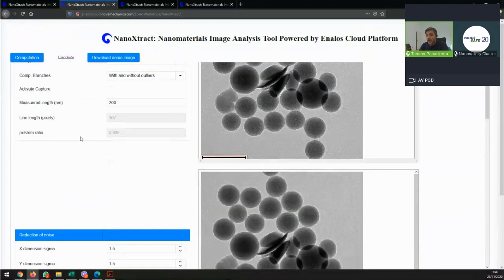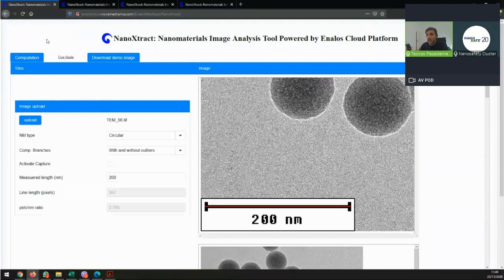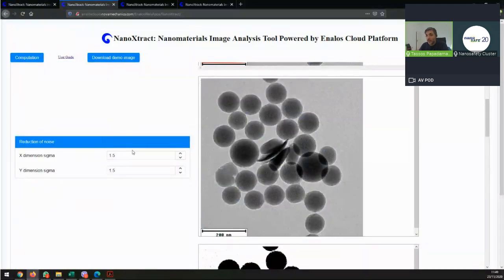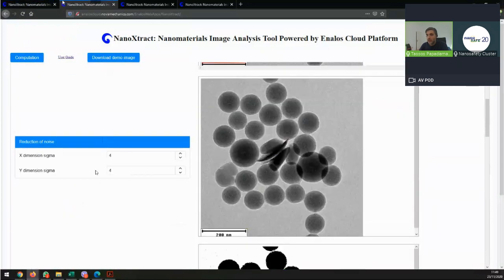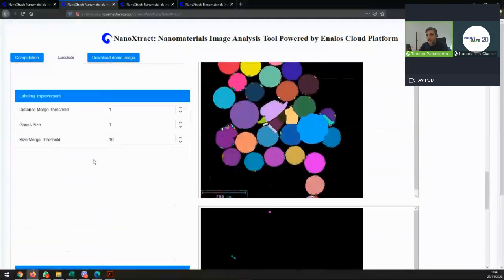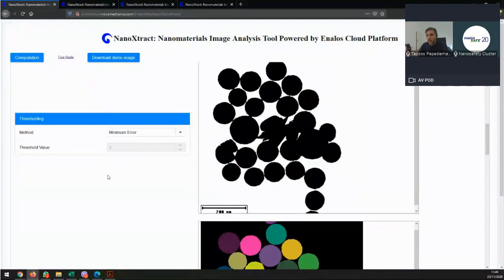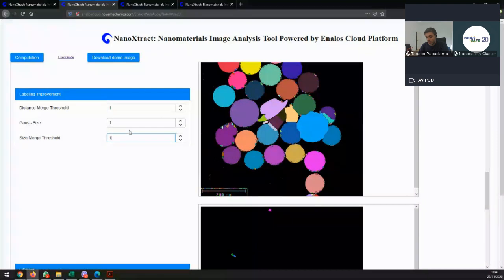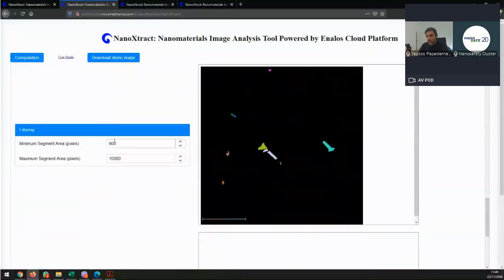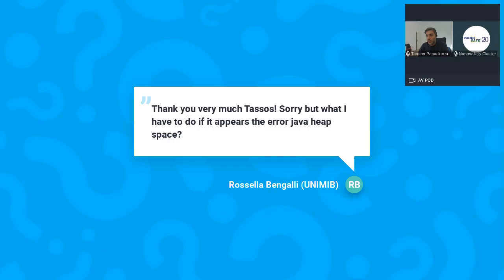So I'm going to use the same values to run this one, but the scale bar is totally wrong. There was one question in the chat, Tassos, regarding the error.